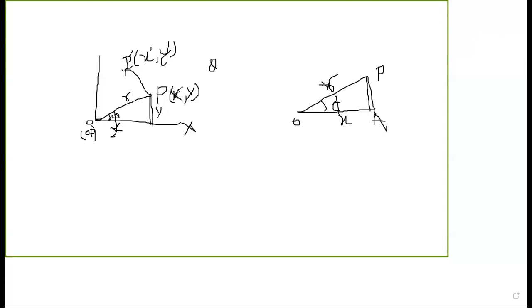Okay. I am drawing this using a mouse, not a pen, not a pad I am using. So drawing is not as per mark. So you will see this is Y, this is X.